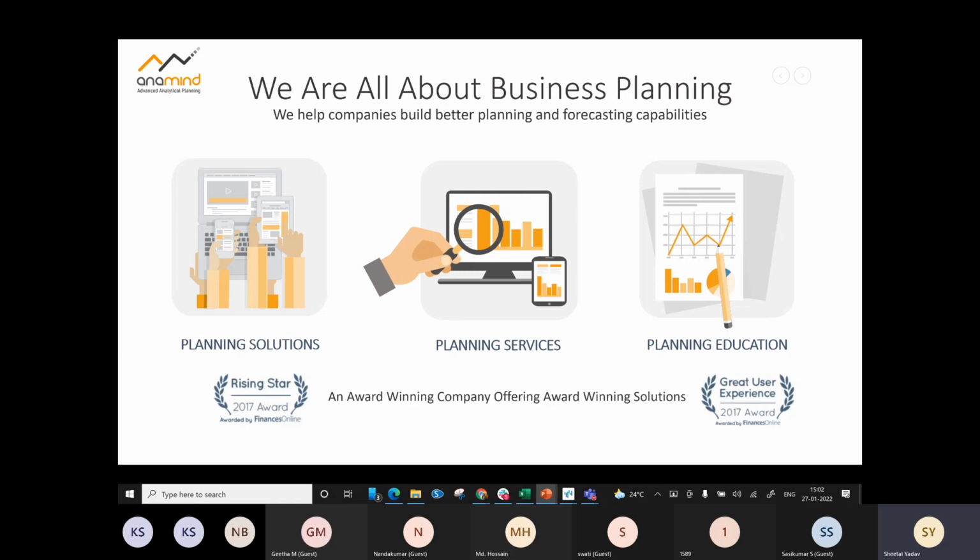Now, Forecast Pro is one of the solution which is very focused toward demand planning and forecasting. It's one of the best solution out there for demand planning and forecasting. And I'll talk more about Forecast Pro in a bit, but I'll also touch upon the planning services and the